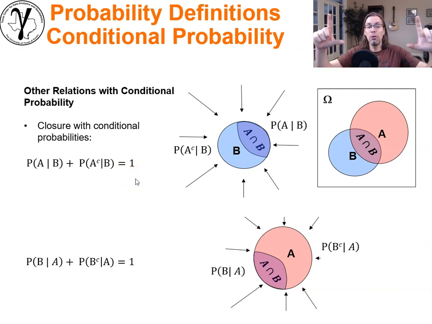We shrunk our universe to B as occurred. So take the Venn diagram, B as occurred, we shrink our universe there. Now you can see very quickly that the probability of A given B, this intersection, plus the probability of not A given B, this part right here, is equal to 1 because we shrunk our universe to B. Only B can occur now, so they have closure now. And of course, it works with A or B or any one of the events we're dealing with.